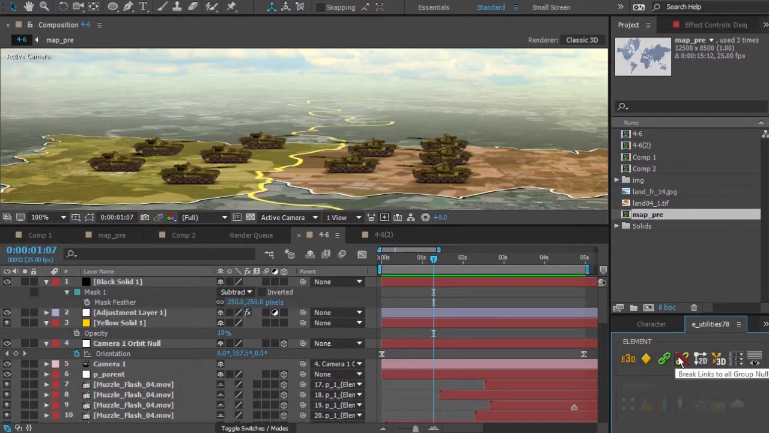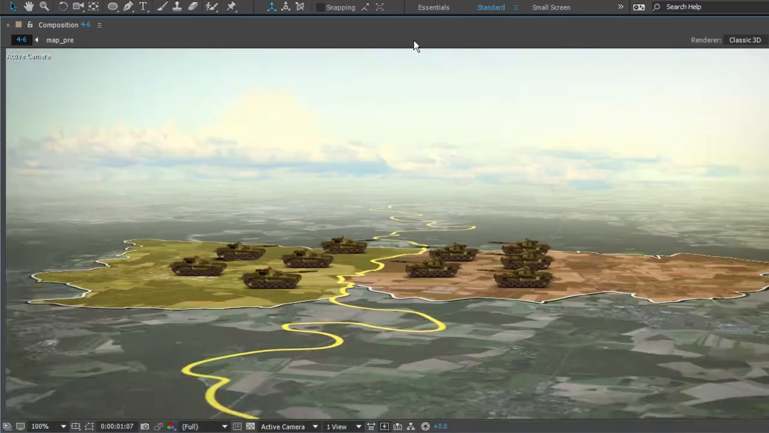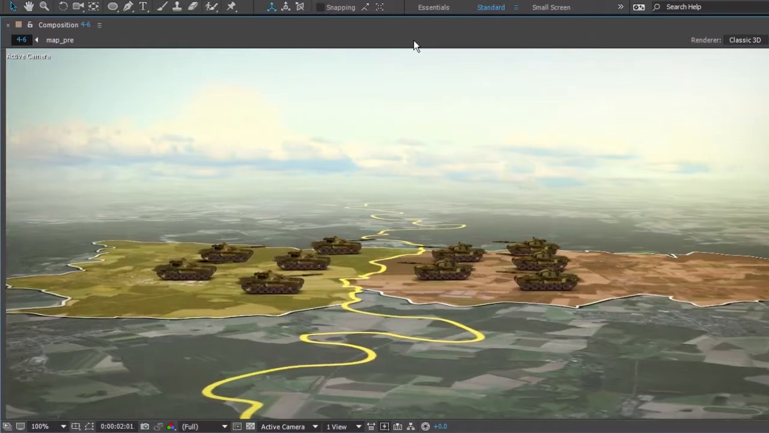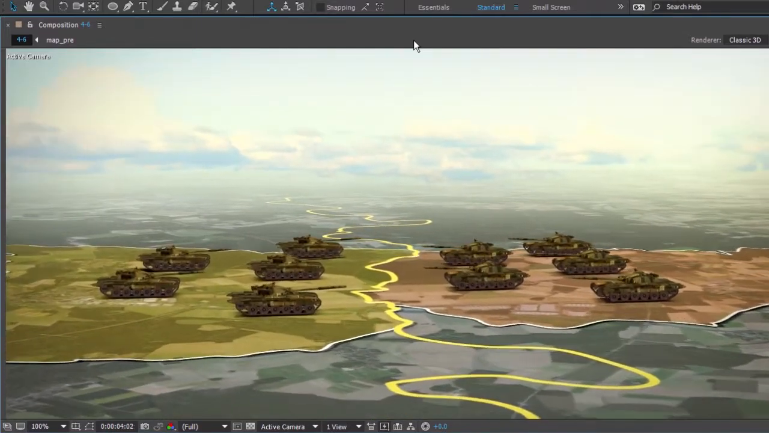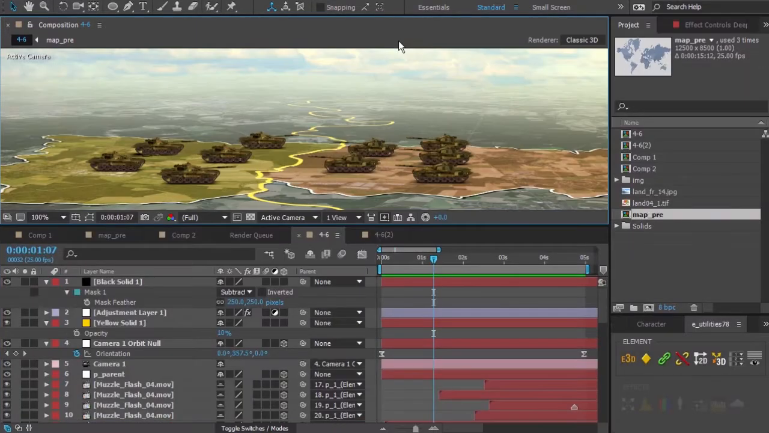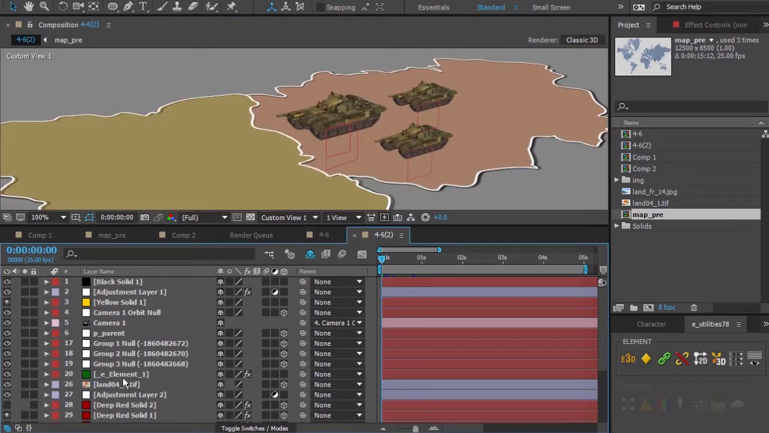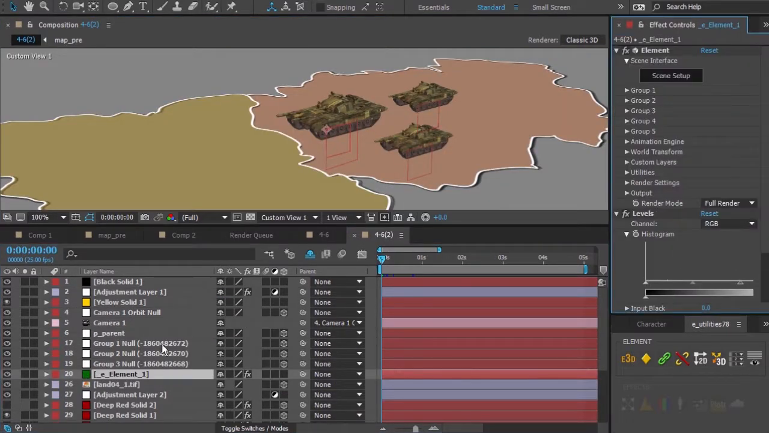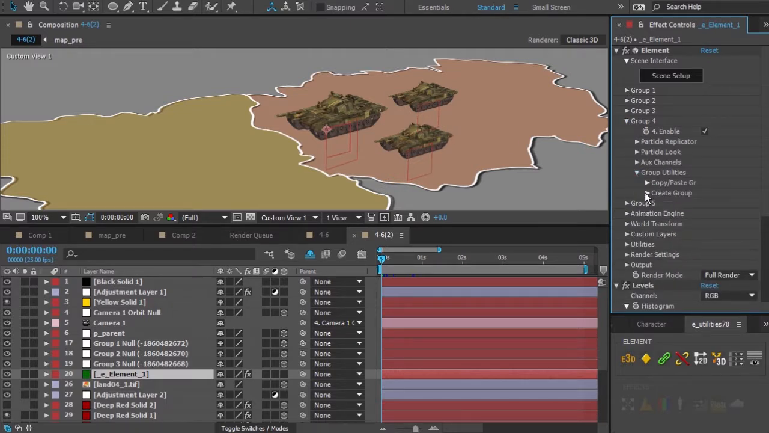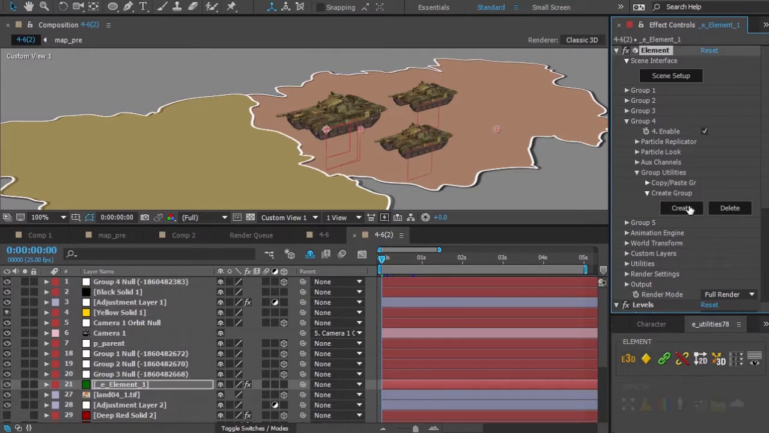Let's consider the purpose of the next 4 booster buttons with the help of the following animation. Each tank is a particular group of the element. This scene contains a layer with the element effect and 3 control null objects which manage the tanks. To add a new additional control object, you should press the Create button and move the layer to the position that